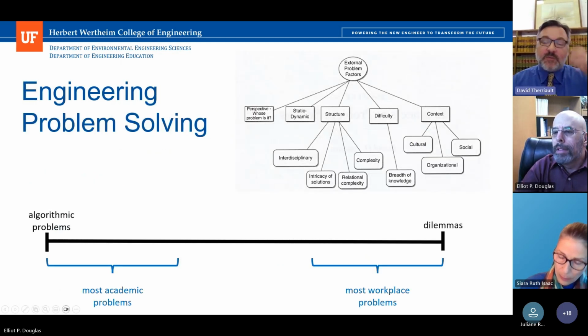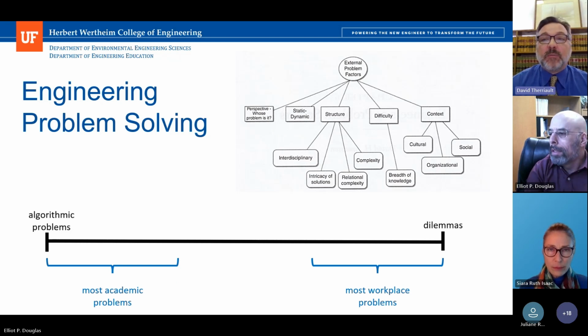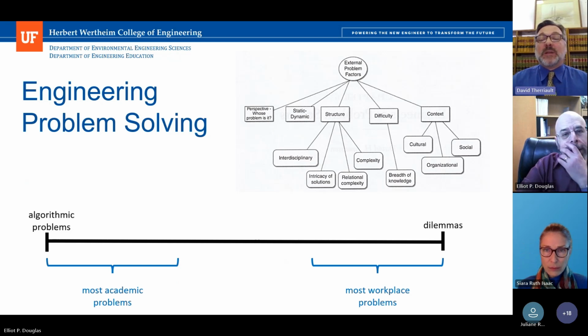So on this slide, there's two observations I'd like to make very briefly. If you look at the top right-hand corner, these are the monikers that are used to talk about problem factors, external problem factors. A lot of the time, it is endogenous to a problem. Uncertainty and all of these things are essentially part of the problem space. In some ways, it underestimates the role of the problem solver, the experience the problem solver has in this space. That's one of the things we're trying to highlight here, that problems may or may not be ambiguous as a function of the people that are dealing with those problems, right?